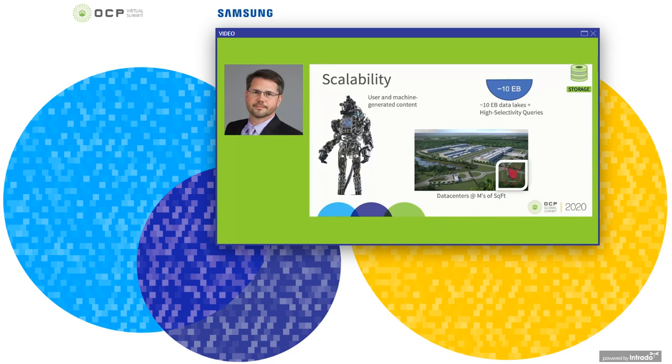To house this data explosion cost-effectively, new data center facilities sized in the millions of square feet are not uncommon. For example, Facebook recently announced plans to expand their 900,000 square foot facility in New Albany, Ohio. After the expansion, the complex will total 2.5 million square feet. And it's not just the buildings that have scale. Today's data lakes can often be 10 exabytes or more.